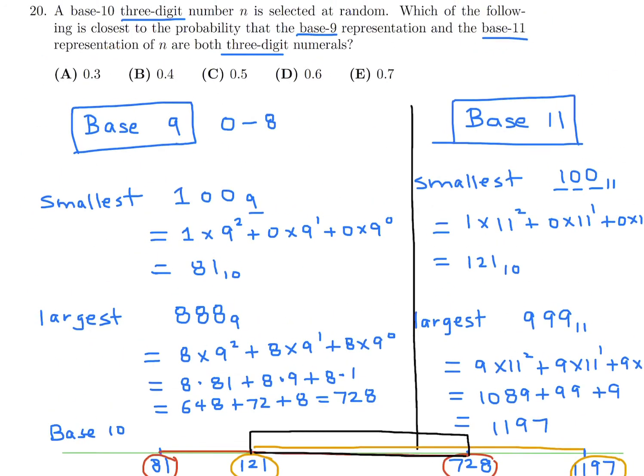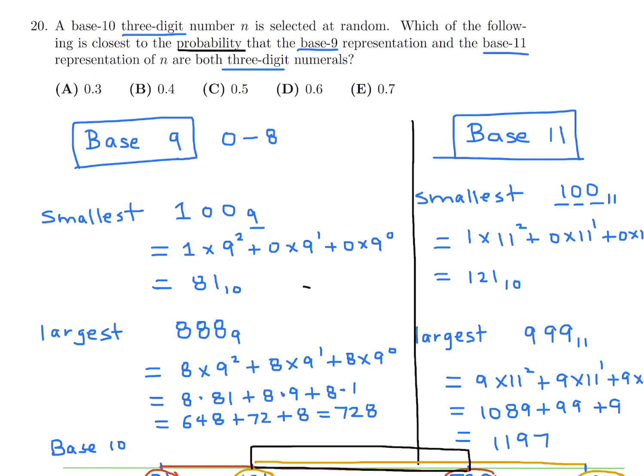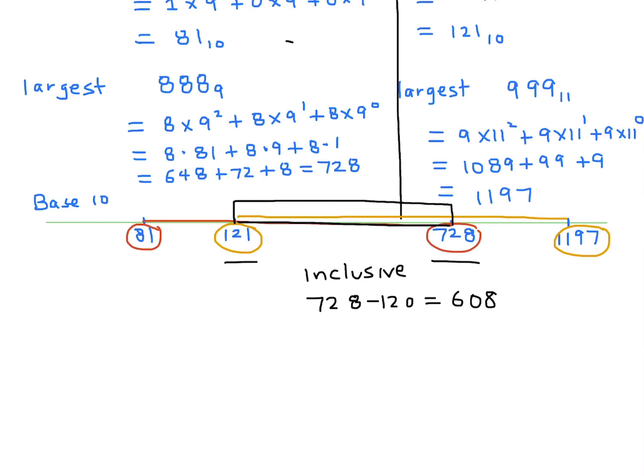But we want a probability, correct? Yeah, probability. No problem. We just have to divide this by the total number of 3-digit numbers in base 10. How many 3-digit numbers are there in base 10? Well, everything from 100 to 999. And that would mean, how many is that? 900. So this is the total